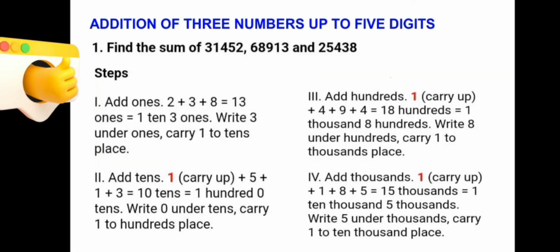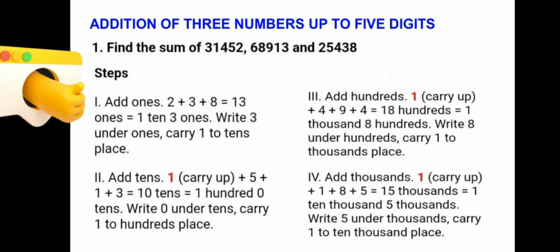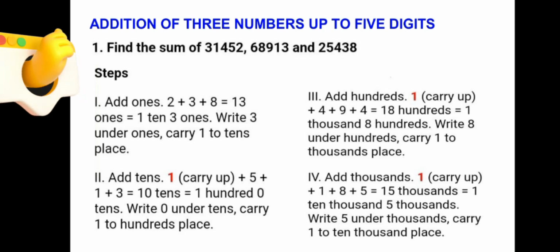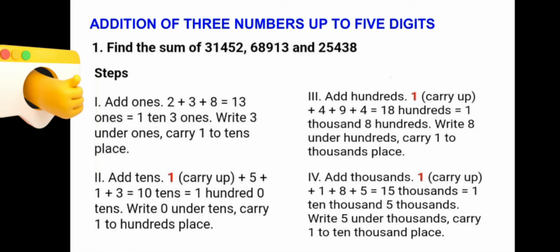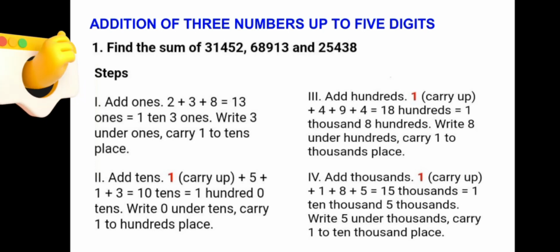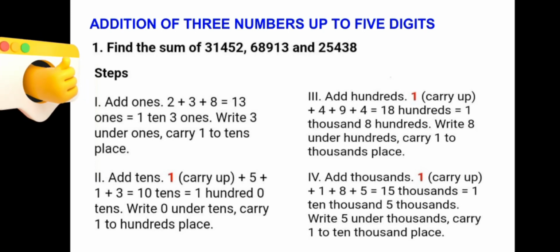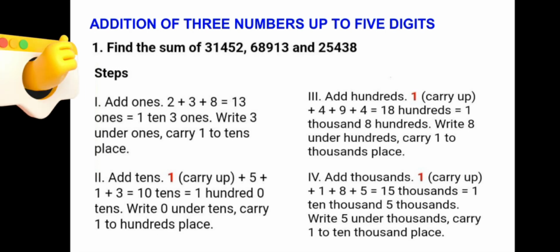All right. So now let's move to addition of 3 numbers up to 5 digits. So we have an example here. It says find the sum of 31452, then 68913 and 25438. So step 1 says add